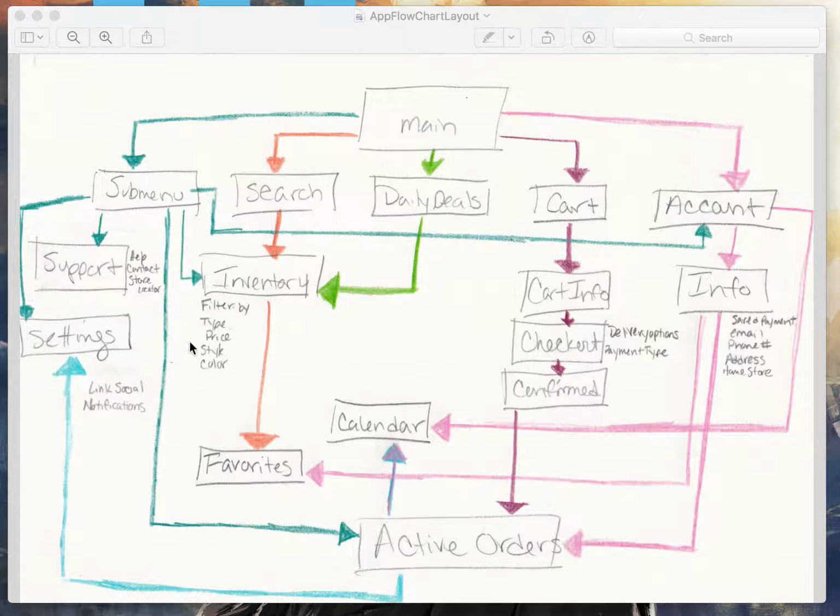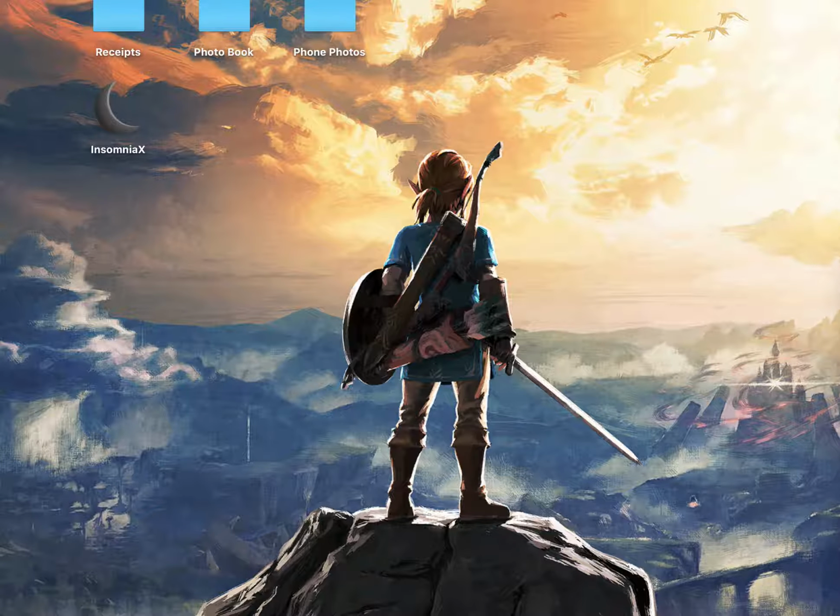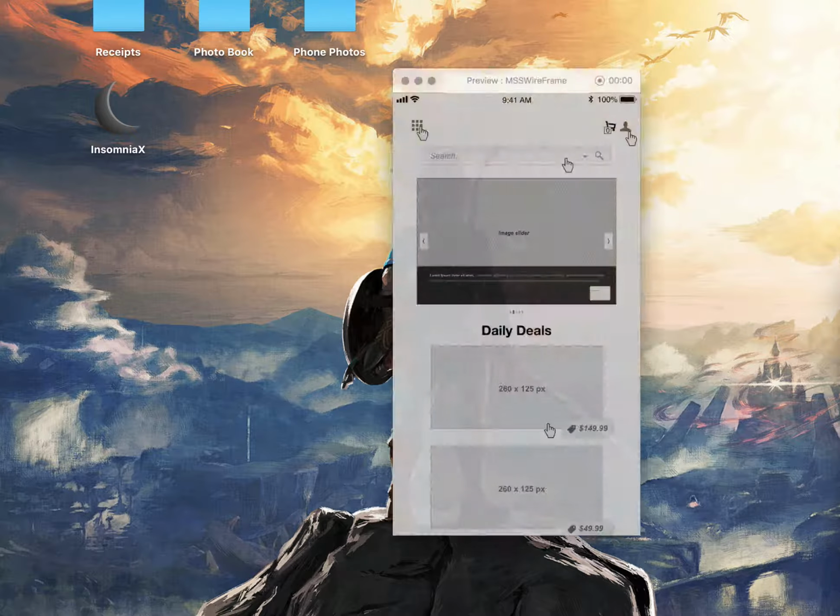As you can see, certain things are listed underneath where they are. For instance, in the checkout, you have the delivery options and the payment type. For info, you of course have all of the necessary info for a person's account. So this was really useful in giving me access to what my brain already had in there so I would not forget anything. And I'm glad I did it. So to go on with the actual layouts,